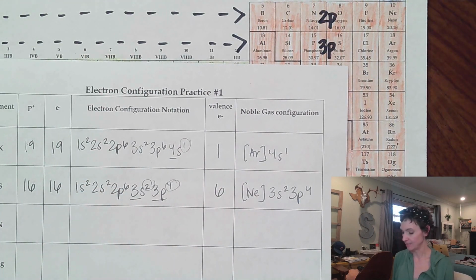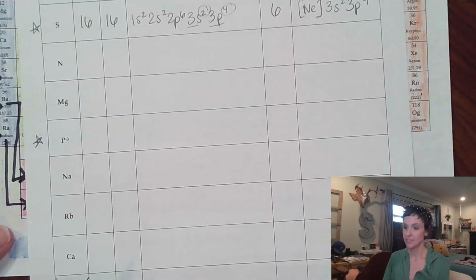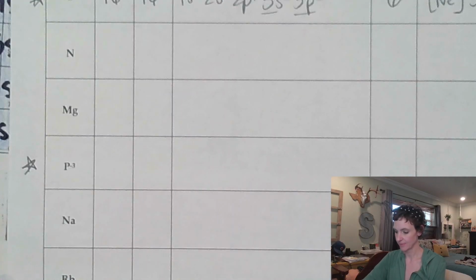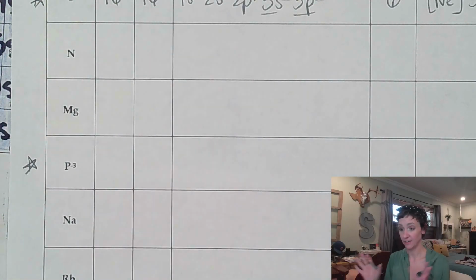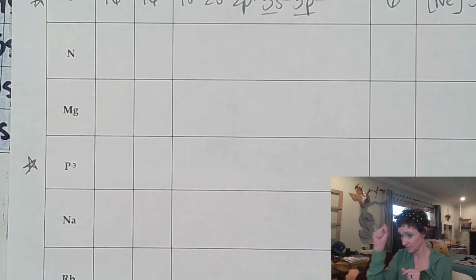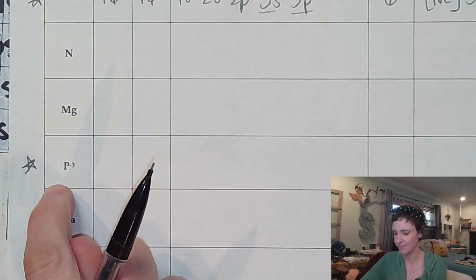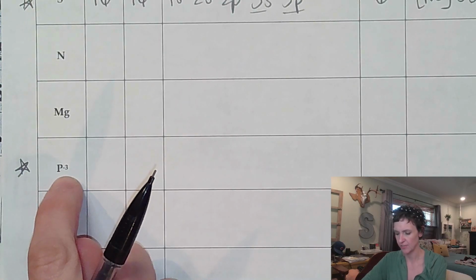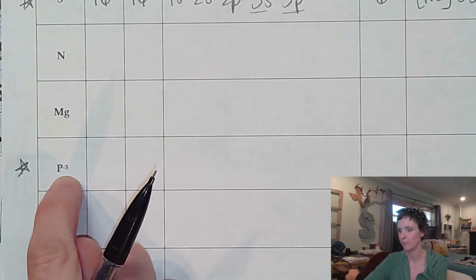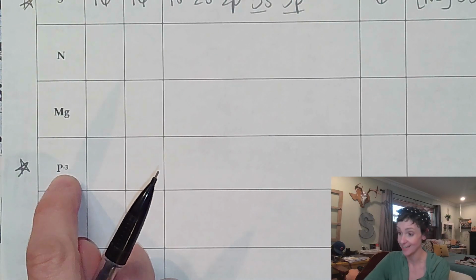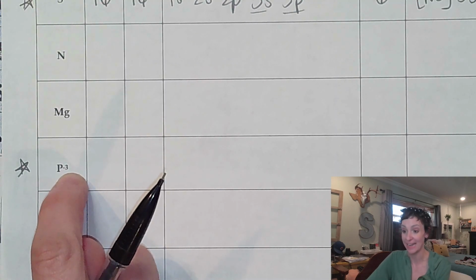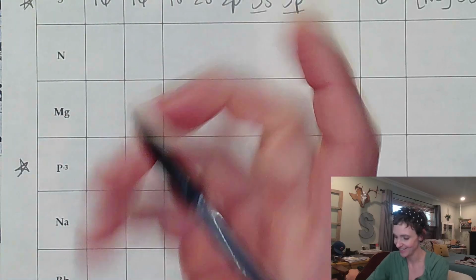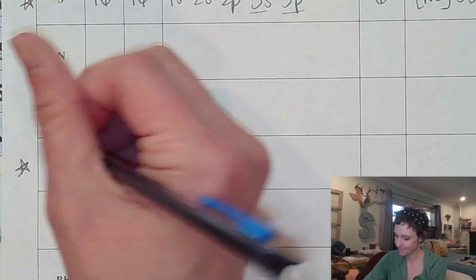Okay, I'm now going to hop down here. So we're going to do phosphorus with a -3 charge. Now, I always like to, especially when I'm feeling a little uncomfy about these charges and these ions and what that means, make notes, okay? So I see that I get a -3. What would the atom have to do to get a -3 charge? So that's an anion. And if you're like, oh, I don't remember, well, he's not a cation. We like to say cats are losers. So, oh, okay, that must mean that anions are gainers, right? So this means he has gained